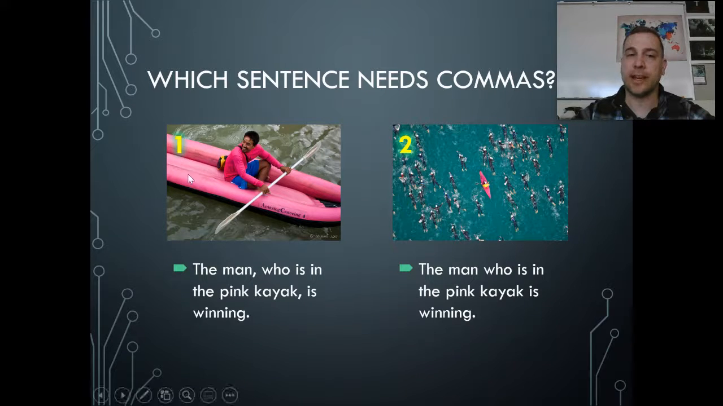And so you should see that number one is the one that needs commas, right? The man who is in a pink kayak is winning. We're not referring to one man out of a lot. We're referring to this man. We know who it is, and who is in a pink kayak is just extra information, right? And so